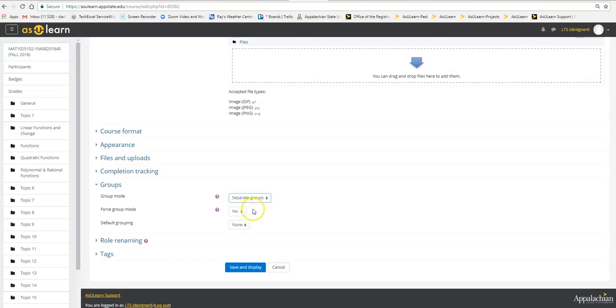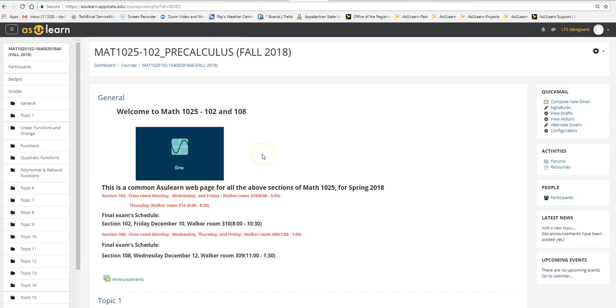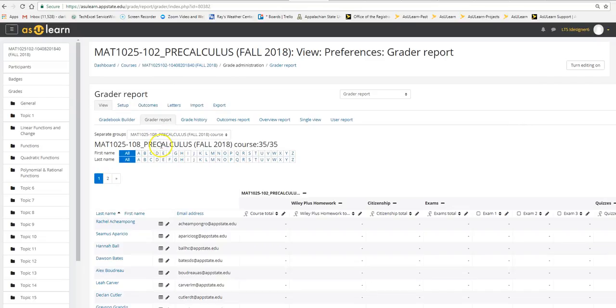You want to be able to choose what features in your AsULearn course that you want to set up in groups. So this should say separate groups and no, and then click Save and Display. Okay. Now when we go back to the grades page, you'll notice that we have this drop-down menu right here for separate groups. We can look at the whole group,